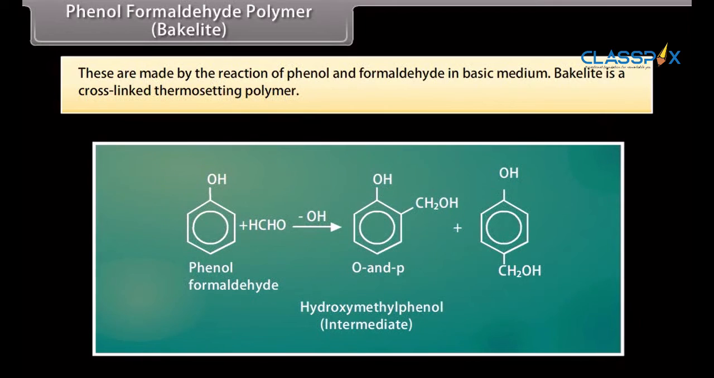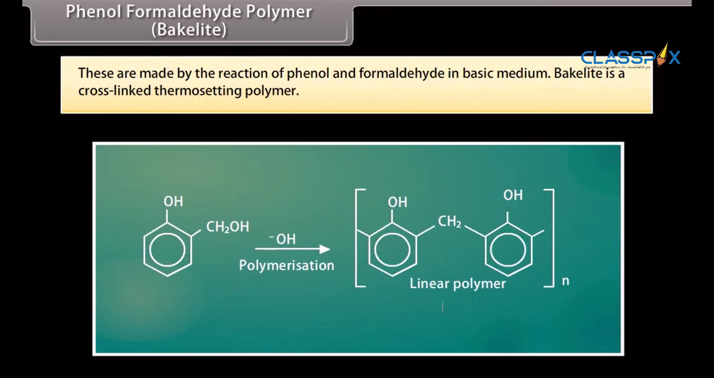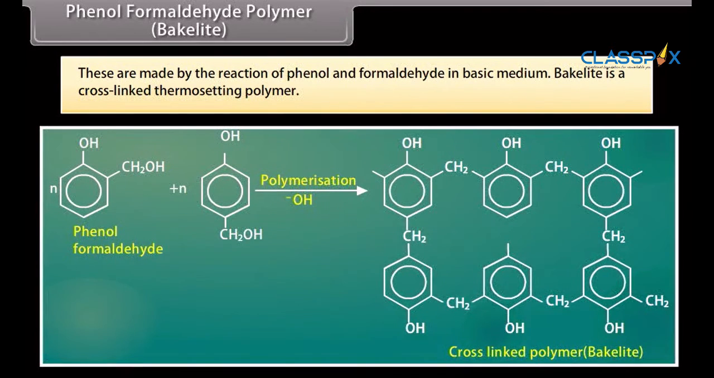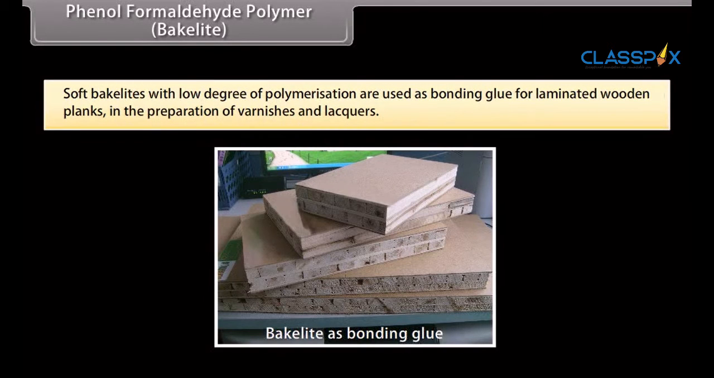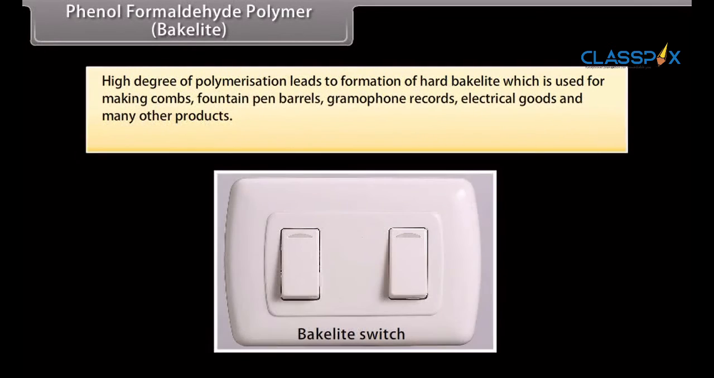Phenol formaldehyde polymer, bakelite. These are made by the reaction of phenol and formaldehyde in basic medium. Bakelite is a cross-linked thermosetting polymer. Soft bakelites with low degree of polymerization are used as bonding glue for laminated wooden planks and in the preparation of